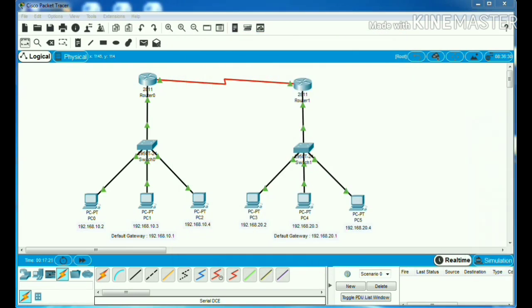So it's time to check whether we have configured it successfully or not. To check it, we can send messages. Click on message from PC0 to router 0. It's successful.